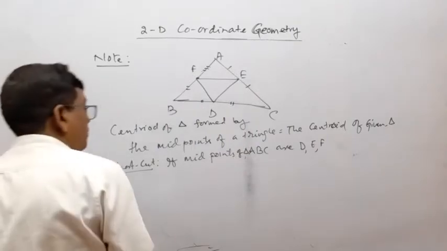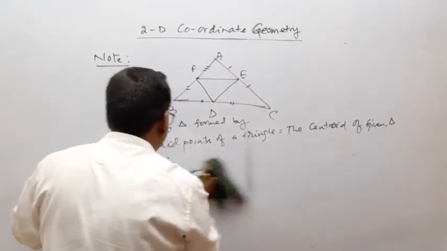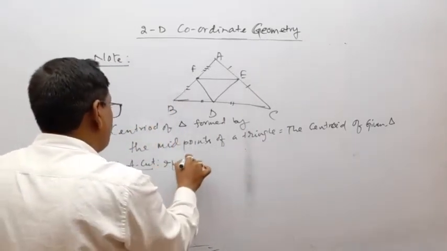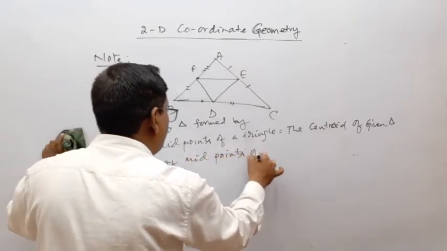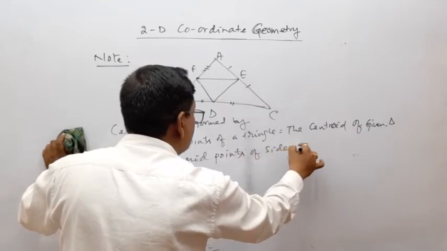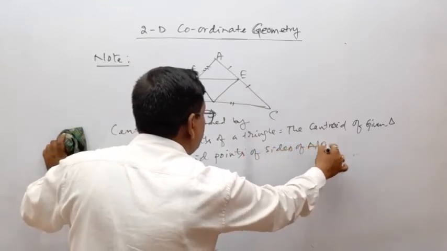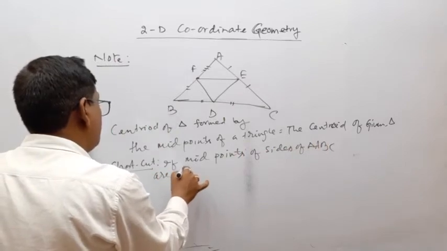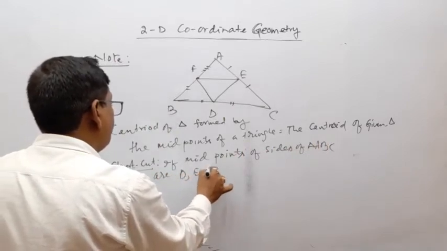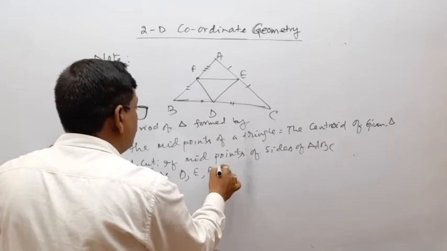So this is midpoints. This is if the midpoints of sides of triangle ABC, D, E, F, are given,